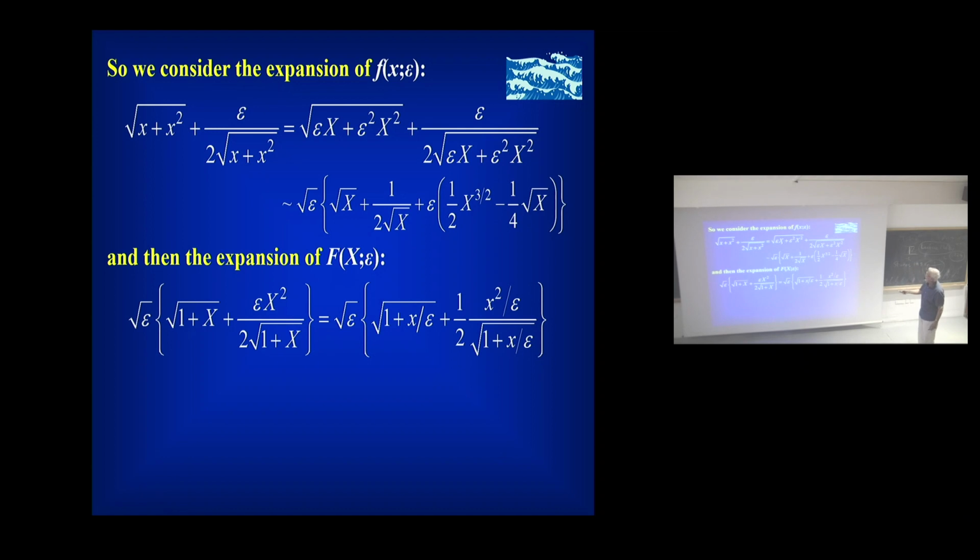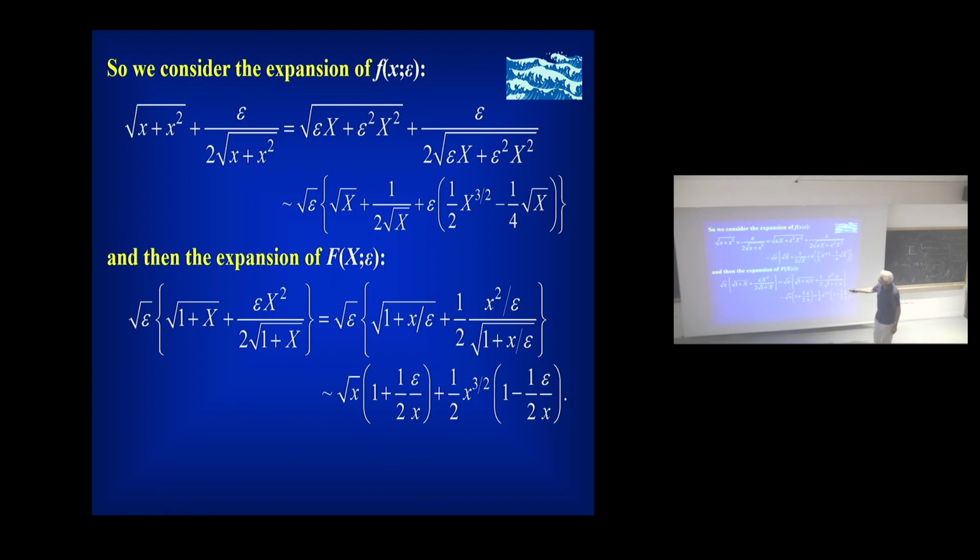You do this expansion keeping big X fixed, epsilon going to 0. You do this expansion, following the same rules, binomial in this case, may have to be more sophisticated if it's a more complicated function, keeping little x fixed, epsilon tending to 0, and you will find that retaining order 1,